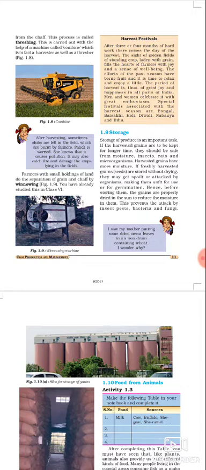The crop you harvest actually contains moisture. If you store this crop in the same way, then your crop will not survive for a longer period, because it contains moisture, and due to this moisture microorganisms may grow. So if freshly harvested grains are stored without removing the moisture, then they may get spoiled.